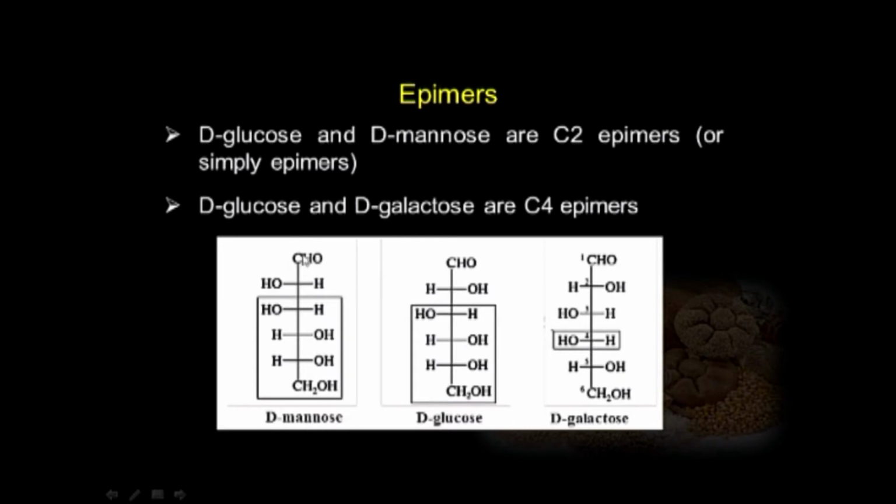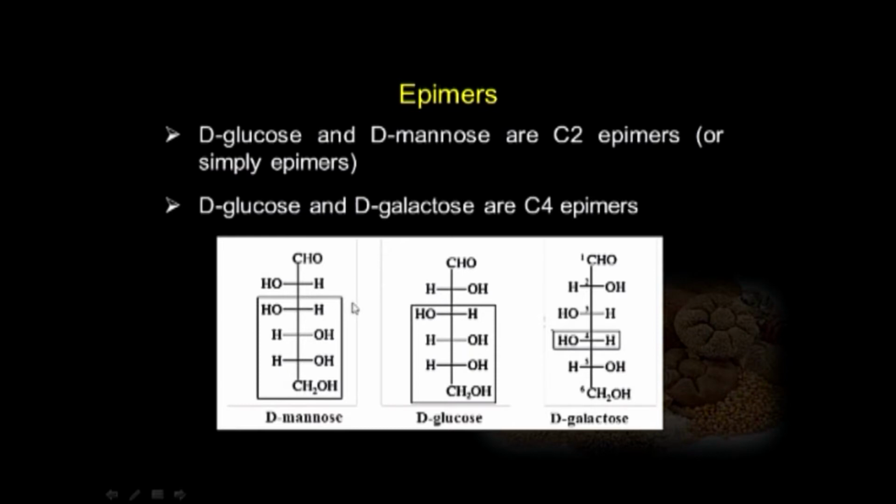They differ in their configuration at this carbon, which is carbon number 2, and here the hydroxyl is placed on the left side, whereas in case of glucose this hydroxyl is placed on the right side. So, that is why we say that D-mannose and D-glucose are C2 epimers, and as I said, if the epimerization is at carbon number 2 only, then we can avoid using the number of carbon and we can simply call them